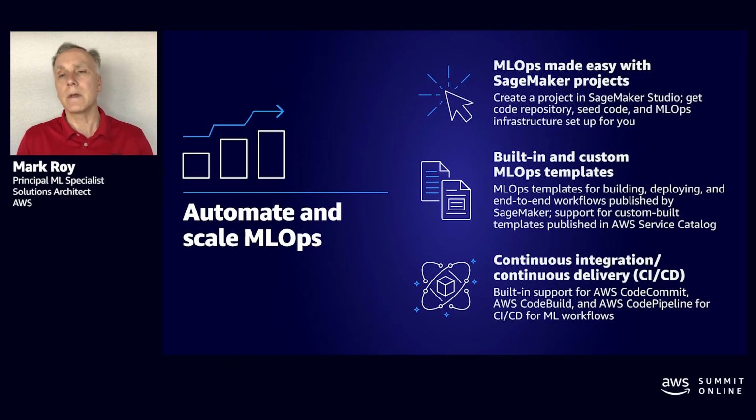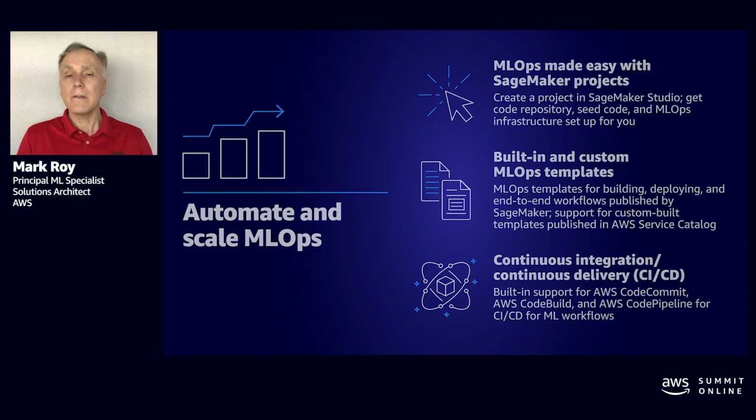All of that is built in, easy to take advantage of the available templates, customize them, or add your entirely new templates. You register these with the service catalog, AWS Service Catalog, and from there, they're easily available in Studio for a data scientist to create a new project and get moving. Lastly, the CI/CD capabilities integrate with the native AWS services like Code Build and Code Pipeline.